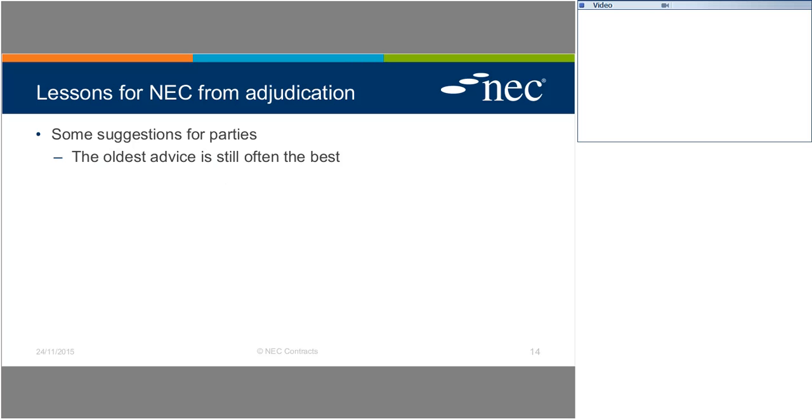And some of the oldest advice, claimed colloquially to have come from a judge who was asked what the three most important things are to be successful in any claim situation, was: records, records, and records. Now, that is potentially easier in NEC contracts than elsewhere. Because if you follow the notifications regime, if you follow things like the period for reply, if both parties submit the documents to one another that they should, then a lot of the records, the dates when things happened, were notified or agreed, will be recorded anyway. Yes.